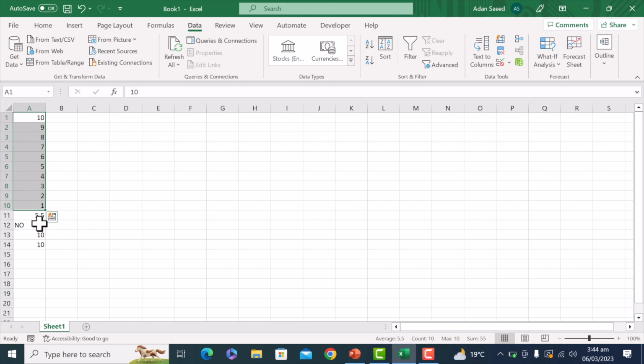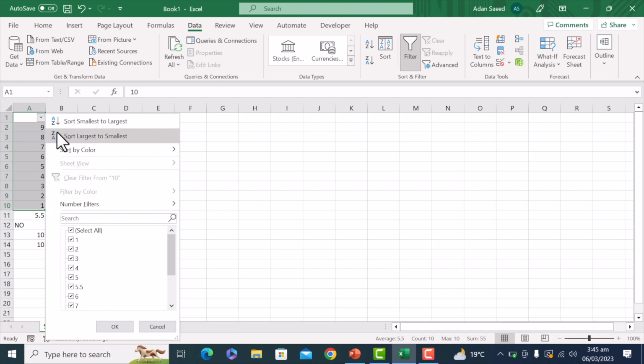We can filter the data as well. To filter data in Excel, we need to follow some steps again. Select the range of cells that you want to filter. Then we have to go to the Data tab again, and press Filter here. After that, we will see a drop-down menu here. And when we click it,